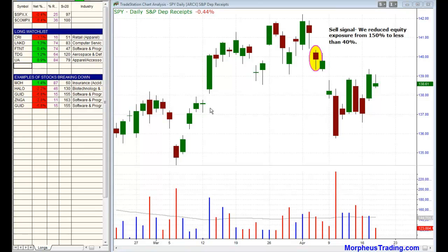Why did our timing model generate a sell signal? I'm not going to get into the specifics of that. It's some proprietary information and some fairly obvious distribution days in the market, though it's not always so obvious to some people. For more experienced traders, it is. So a combination of bad price action in stocks and bad market action led us to a sell signal on